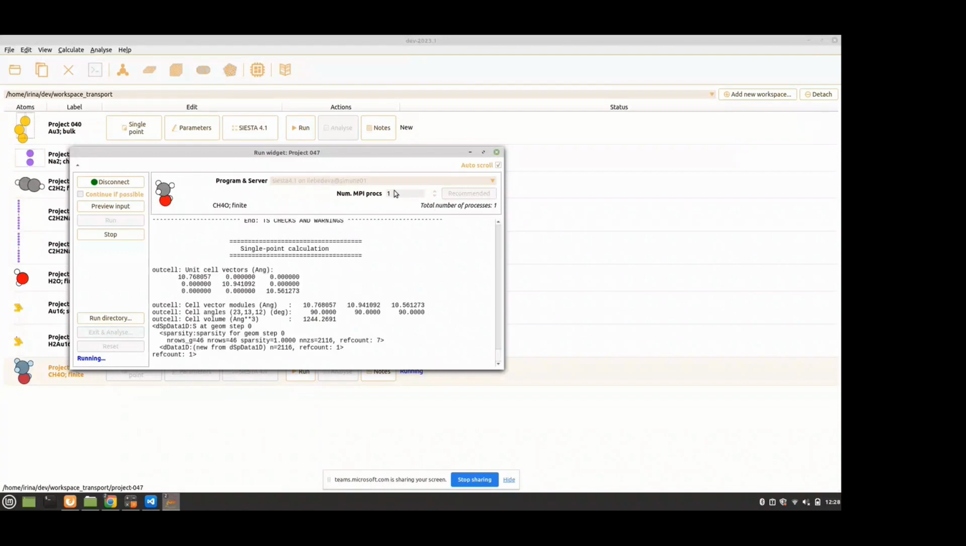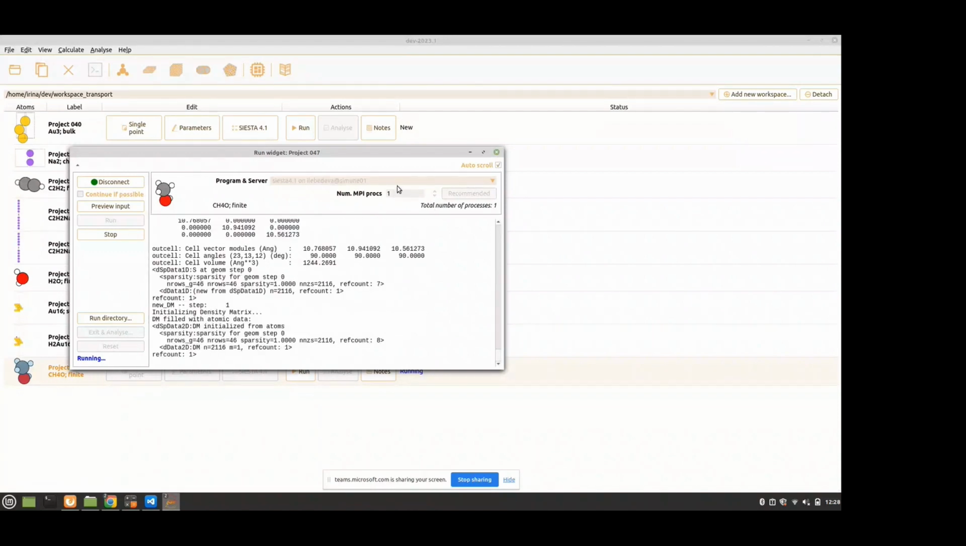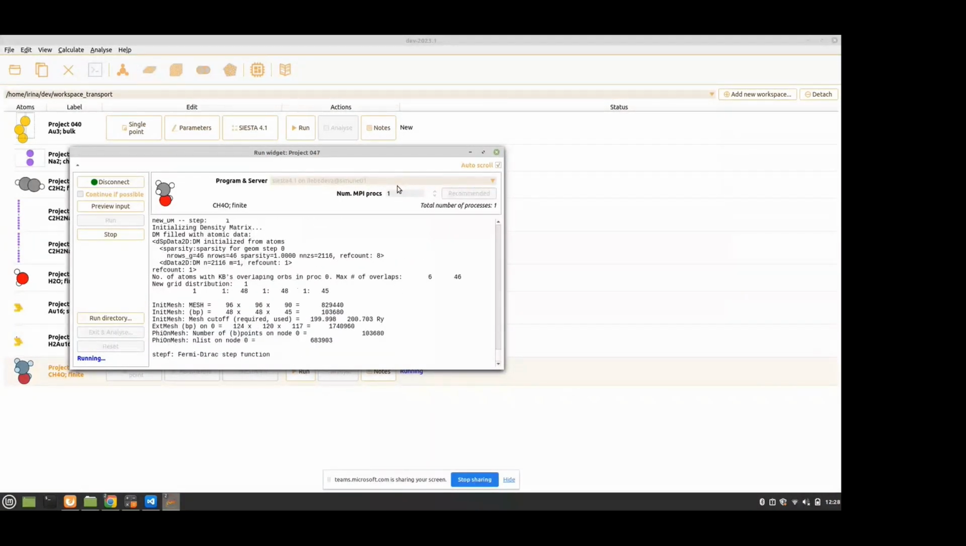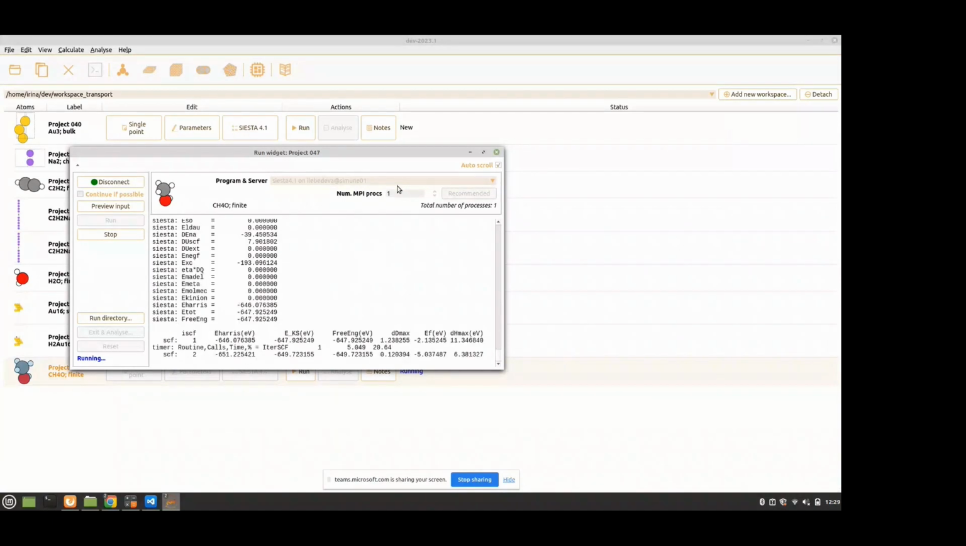I can choose the number of MPI processors. Running on a big cluster is very important, because if you can use more than 100 CPUs, then you are effectively enabling calculations with hundreds or even thousands of atoms. Here I'm running directly on my cluster, but I can also use what's called